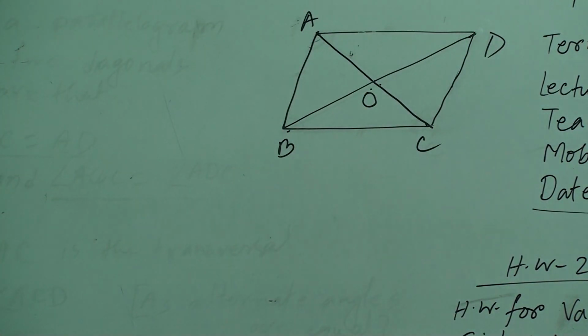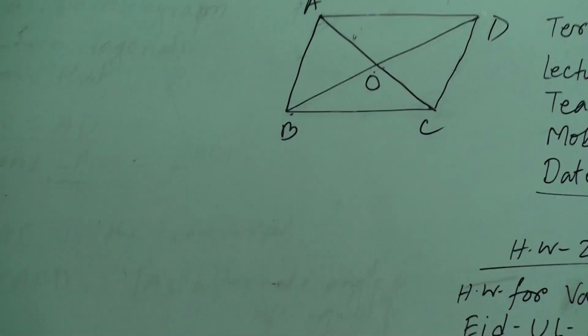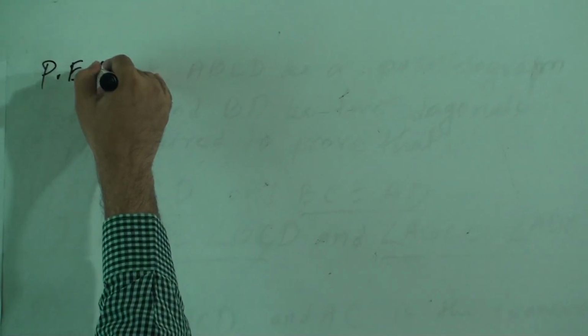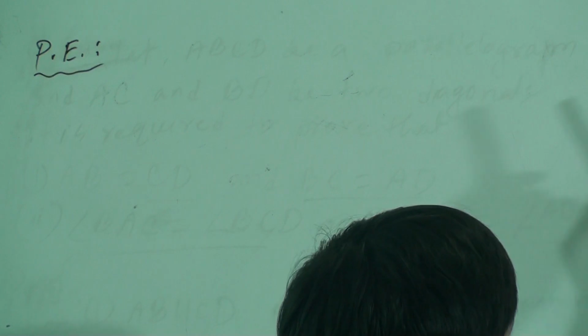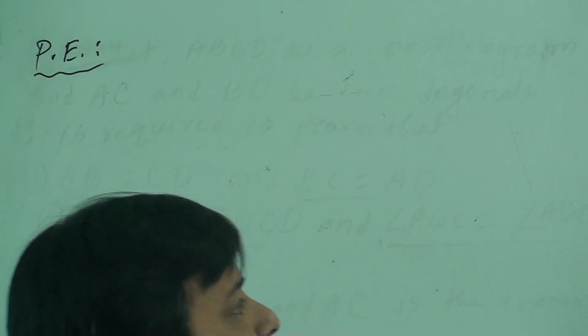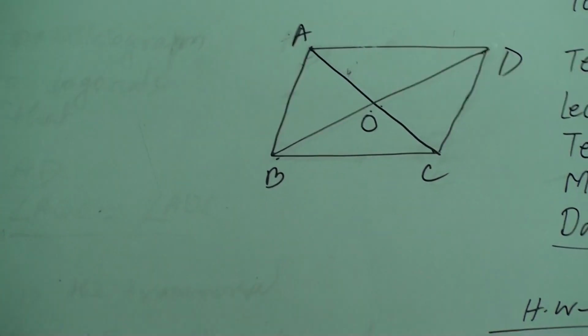So let us see how we can write. First one is we can write the particular enunciation. In short, I am writing PE. Particular enunciation should be: suppose AC and BD, the two diagonals of quadrilateral ABCD, intersect each other at